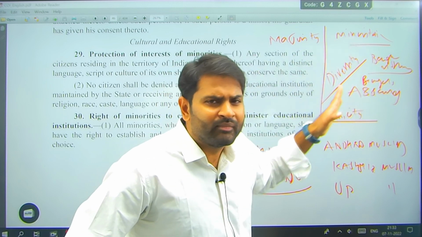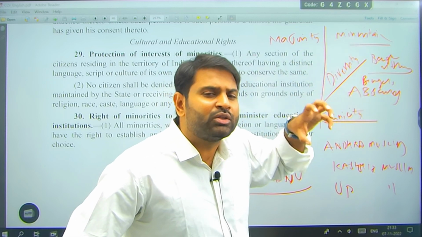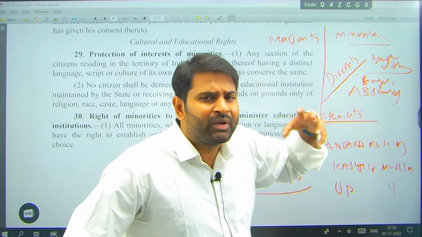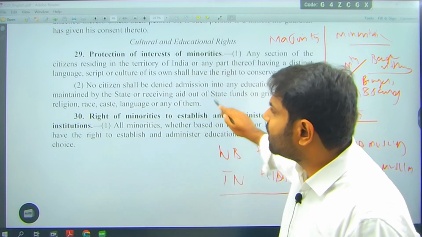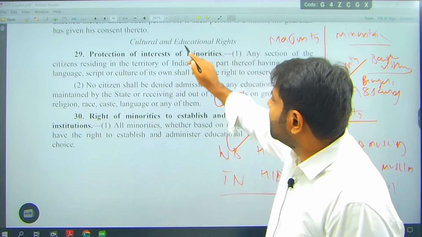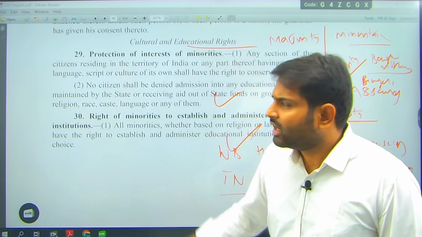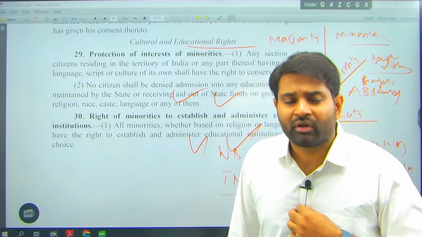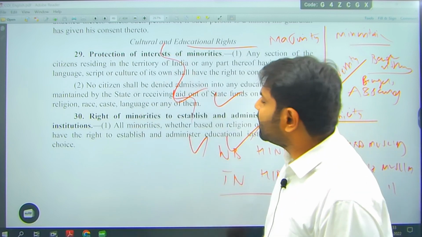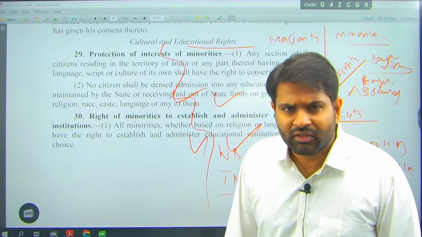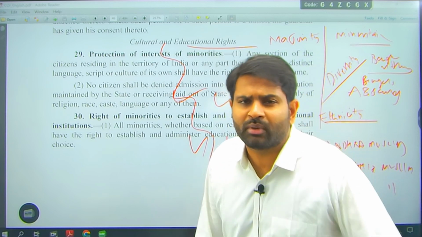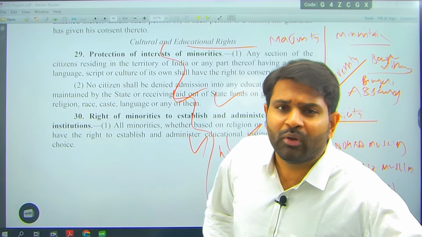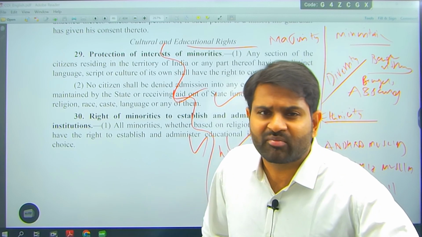To protect the small religions, to protect the small cultures, those small pockets of culture, and to keep our democracy vibrant with our diversity, we have created these two articles, 29 and 30. We are talking about the right to educational and cultural rights, especially of minorities, although the Supreme Court said the right is there not only for minorities, but also for majorities. Remember, this is minority rights. Who are minorities? Those who are not in the majority. There are two types of minorities, religious minorities and linguistic minorities. Those people who are from less spoken languages, and those people who are fewer in number in a particular religion. These are the two types of minorities we have in India.